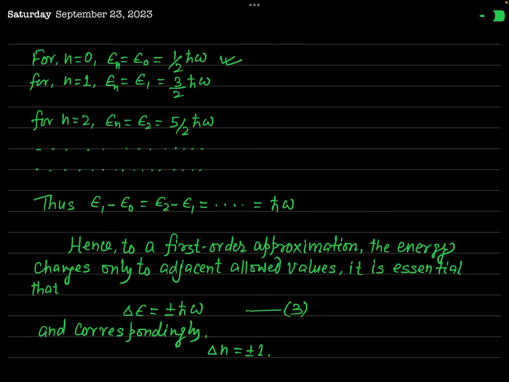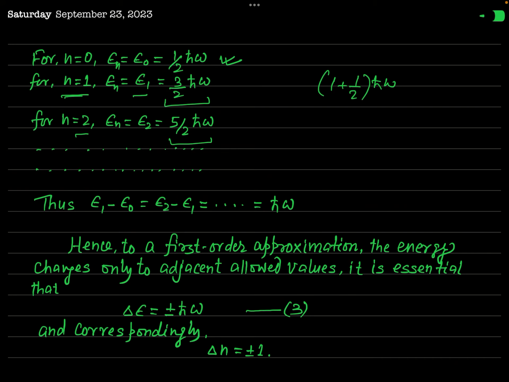The another value of energy will be found by taking the second value of n, which is n equal to 1. You cannot take any number between 0 and 1. After 0, you have to take 1. Okay? And so, the corresponding energy will be what? This will be 1 plus 1 by 2 times h bar omega, n plus half, but n is 1. So this is 3 by 2 h bar omega. Okay? And when you will take n equal to 2, the energy will be 5 by 2 h bar omega,